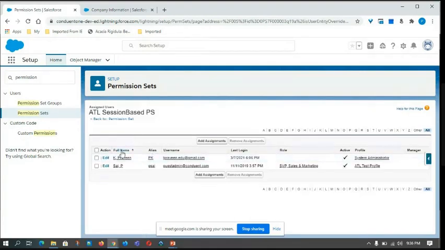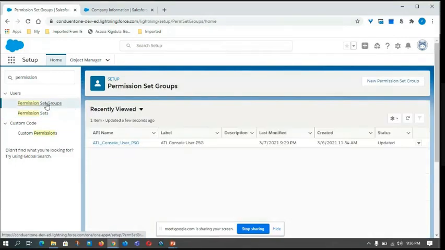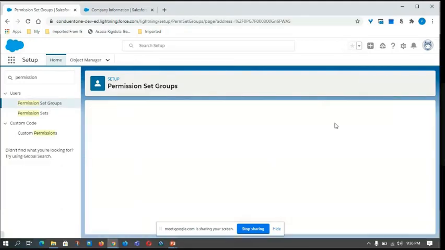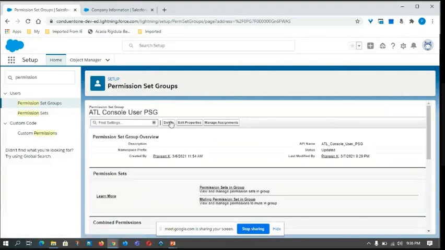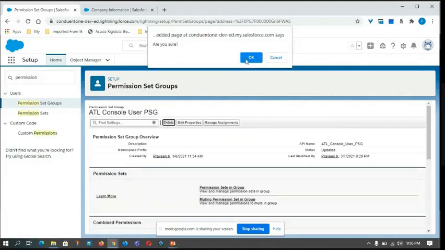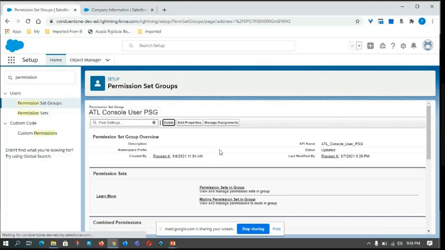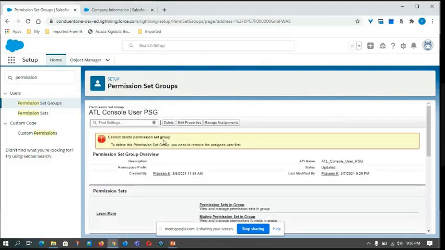Whenever this is assigned to particular users, you cannot delete it until you remove access for each and every user under that permission set. The same thing will happen to permission set groups also. Deletion will not be accepted. If I try to delete it, it says cannot delete permission set.